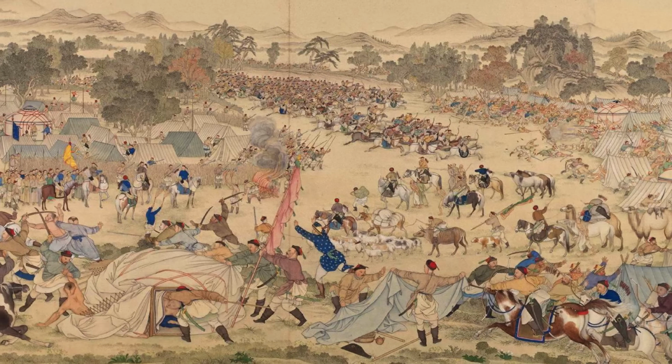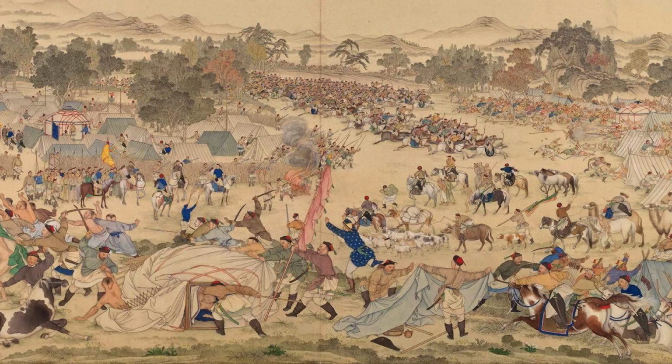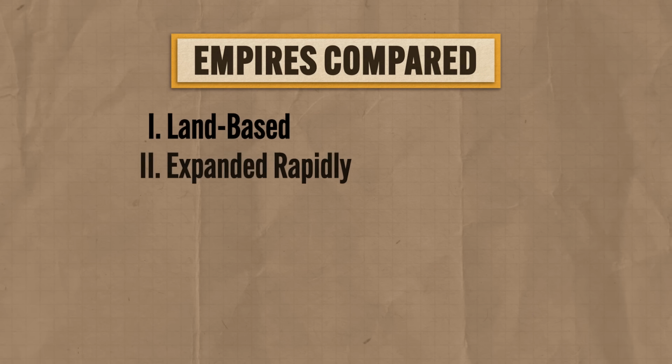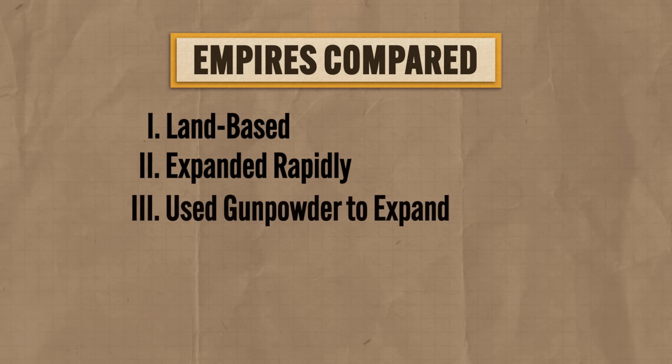So in the first half of the 17th century, the Ming dynasty was getting weak, and so the Manchu people of the north came in and set up the Qing dynasty. And from that point, the Qing dynasty beefed up its military and led conquests of expansion using what? I know you know. That's right, gunpowder weapons. Okay, now let's compare these four empires by way of summary. All of them were land-based, all of them expanded rapidly during this period, all of them used gunpowder to achieve that expansion.